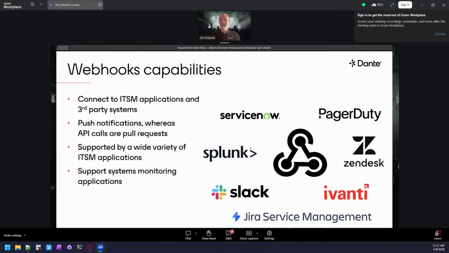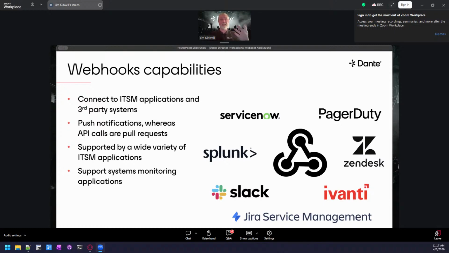Basically, all AV is customer service oriented. Nothing works unless your customers are actually working, right? So if your customers are using the system like they want to, they're able to communicate like they want to, it's amplifying, it's doing whatever they need to do, sending signals. But if something breaks, you want to know right away. So that's where webhooks come in.